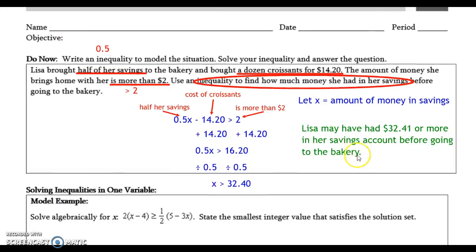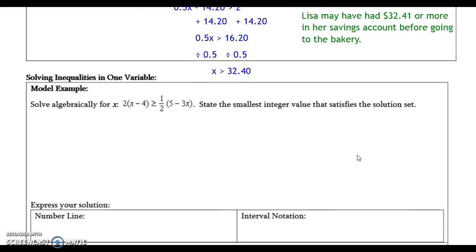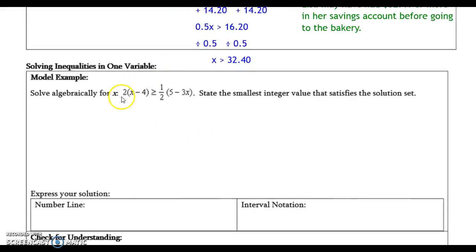Now let's move on to solving inequalities in one variable. Solving inequalities is just the same as solving equations. You need to use opposite operations to move the x value to one side and the numbers, the constants, to the other side. So I'm going to show you my steps and how to